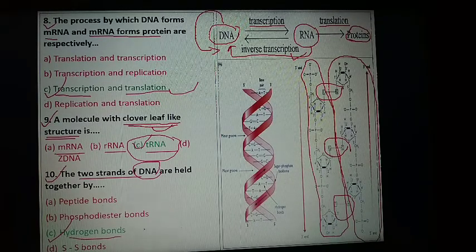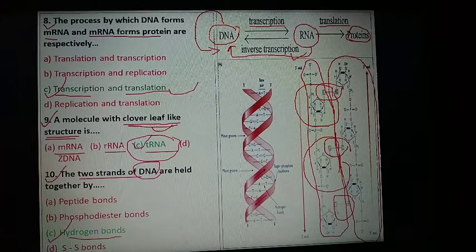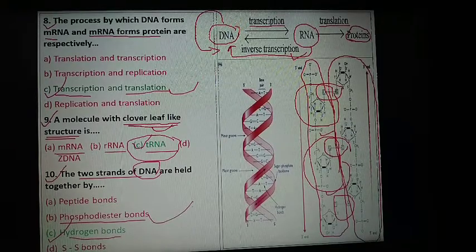If a question comes asking how, in each strand, each nucleotide is attached, by what kind of bond? Here you can find phosphate, and here is also phosphate. So it is a phosphodiester bond. The question may vary sometimes, so you have to know which nucleotides are attached by phosphodiester bond, but here according to the question the two strands are held together by hydrogen bonds. So these are some important questions of zoology with their proper explanations.